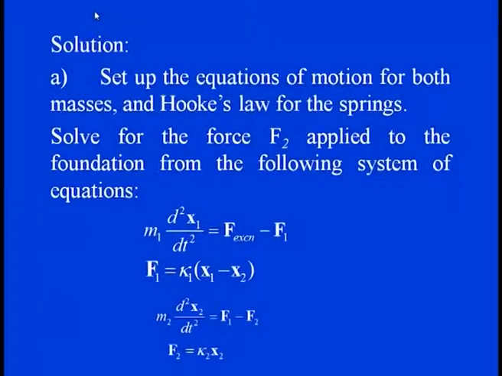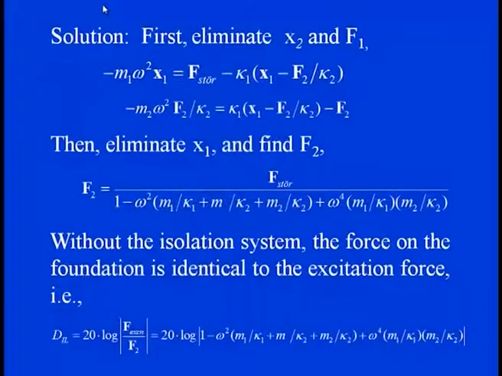So, we have F1 and F2, the resultant of these two restoring forces, where F2 is k2 x2 and F1 is k1 (x1 minus x2). These are the basic force balance equations for such systems. When we try to eliminate x2 and F1, we have minus m1 omega square x1 equals F storage minus k1 into x1 minus F2 by k2, and when we make the balance of these things,